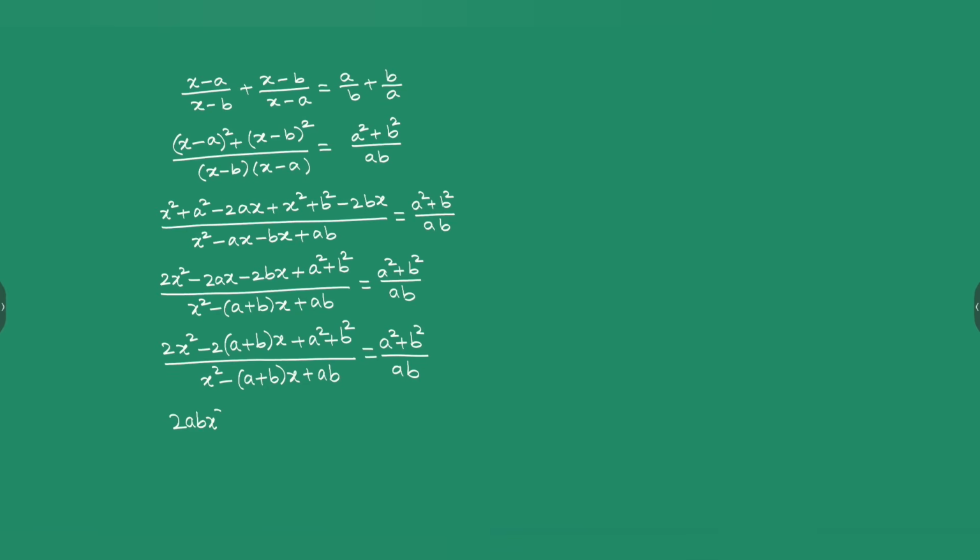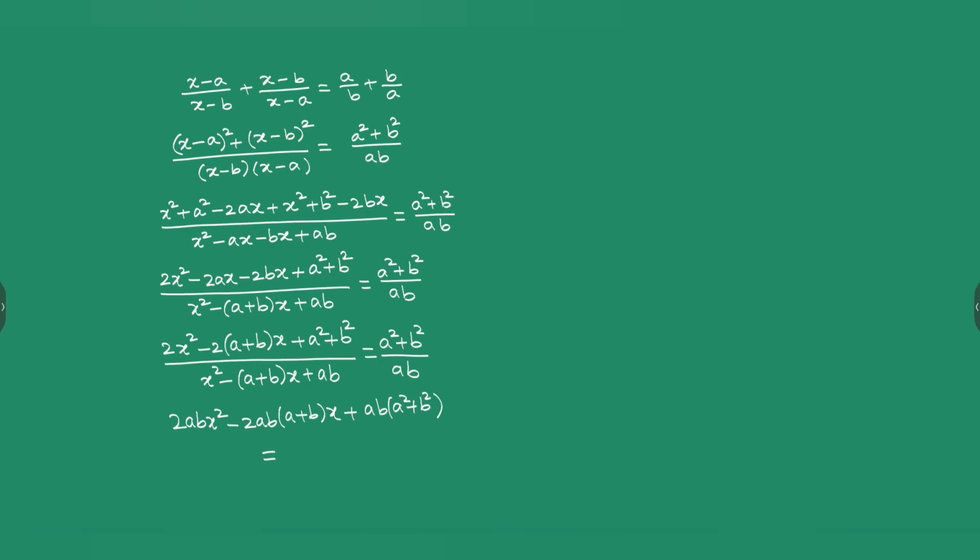2abx square. This ab will be multiplied everywhere over here. Then we get 2abx square minus 2ab into a plus b into x plus ab into a square plus b square. This is when we multiply these two we get the result. Now similarly we have to multiply these two also. Then we get here